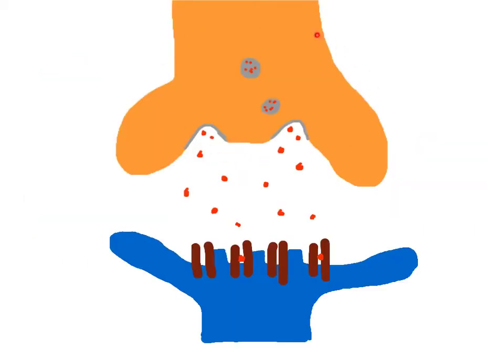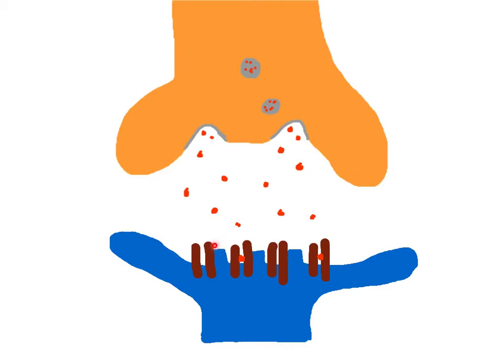Here we have a terminal bud and a dendrite. Now, these gray circles, those are the vesicles, and they contain the red dots, which are neurotransmitters. Now, once the vesicles come to the end of the terminal bud, they shoot out the neurotransmitters into the synaptic gap, and once they come to the dendrite, those neurotransmitters act as keys, and the gates, or the locks, are